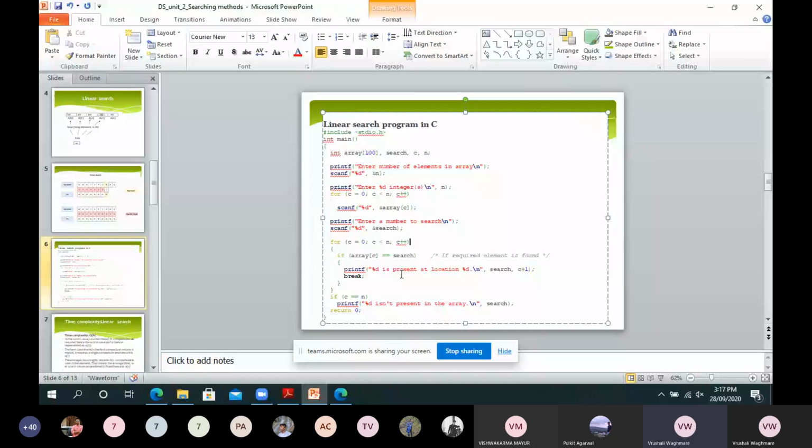Okay, so for this implementation of linear search, we required only a single for loop. As we have seen the concept of time complexity, we can conclude here that the time complexity of the linear search algorithm is the time complexity of a single for loop. It is the order of n. Okay, so what is the time complexity? It is the order of n.